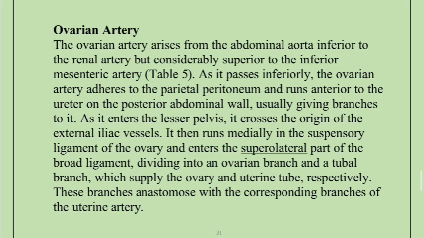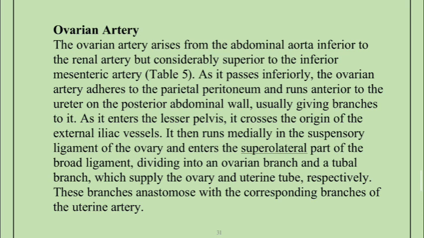and runs anterior to the ureter on the posterior abdominal wall. Usually, as it does so, it gives branches to the posterior abdominal wall. Then the ovarian artery enters the lesser pelvis. As it enters the lesser pelvis, it crosses the origin of the external iliac blood vessels, that's the external iliac artery and vein. The ovarian artery then runs medially in the suspensory ligament of the ovary and enters the superolateral